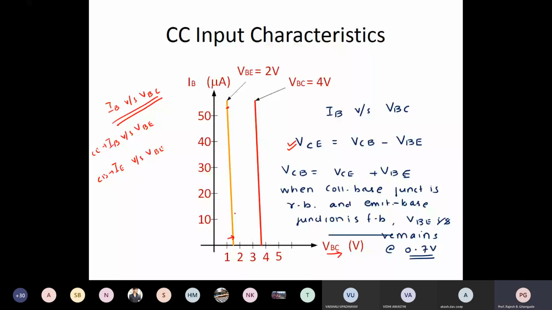Okay. For a different set of VBC, if I increase this still further, the base current was this again here, and it again decreases as I go on increasing VBC. Okay. So remember this carefully. That is how we can explain the common collector input characteristics. They are totally different as compared to common emitter and common base. Is this clear to all of you now? Yes, sir. Okay. So this is where we left off yesterday.